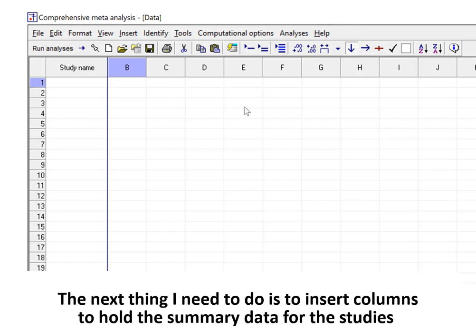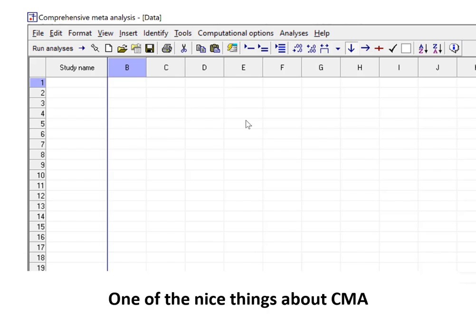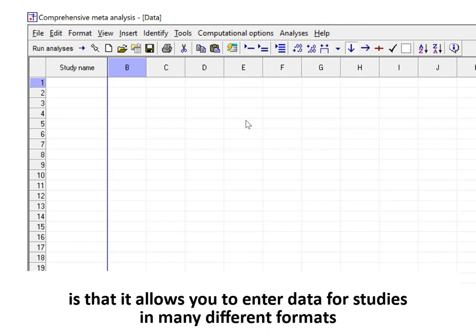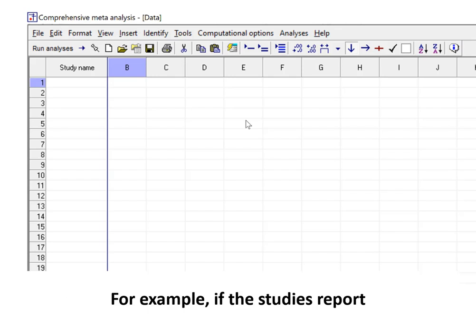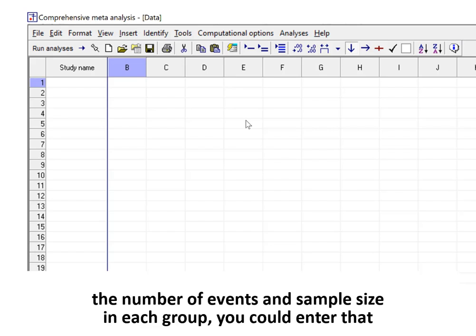The next thing I need to do is to insert columns to hold the summary data for the studies. One of the nice things about CMA is that it allows you to enter data for studies in many different formats. For example, if the studies report the number of events and sample size in each group, you can enter that.